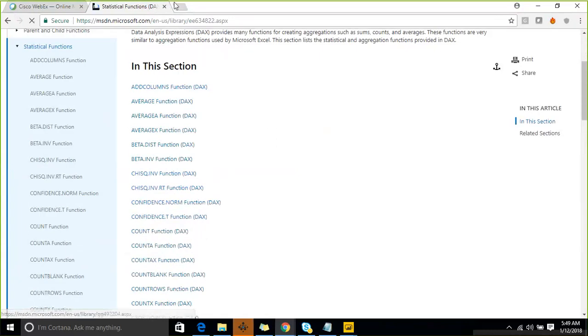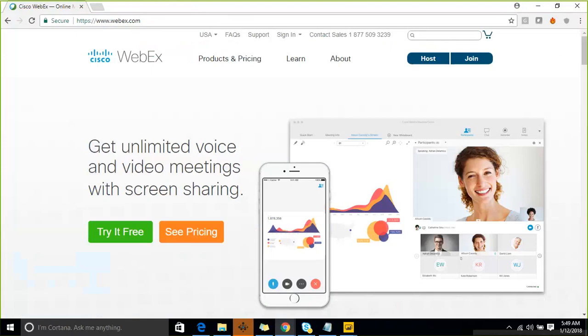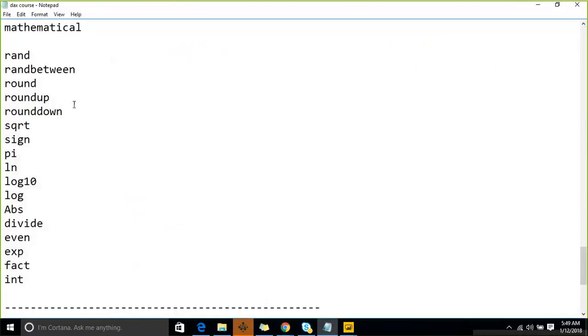Average, fine. So those are not part of it. So these are the mathematical functions that we have, and now